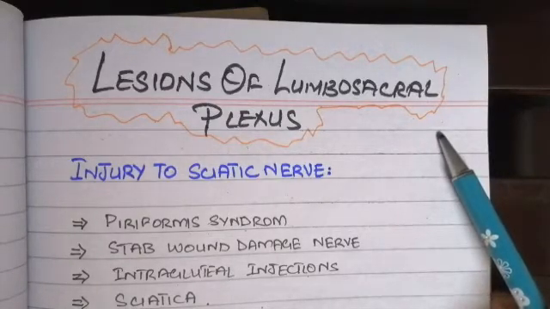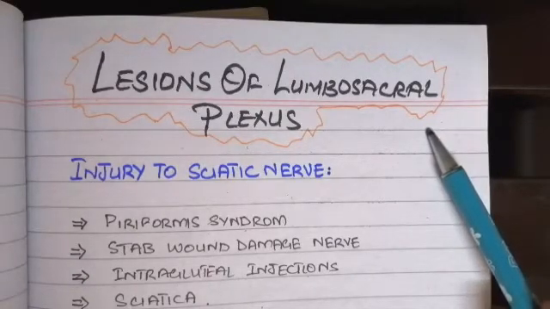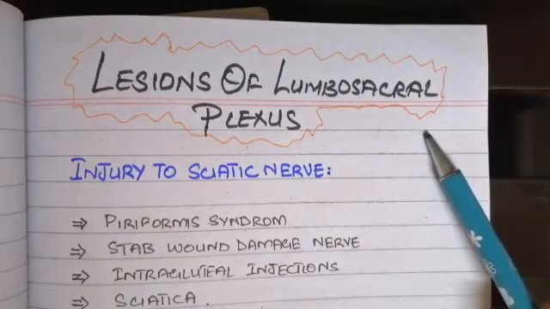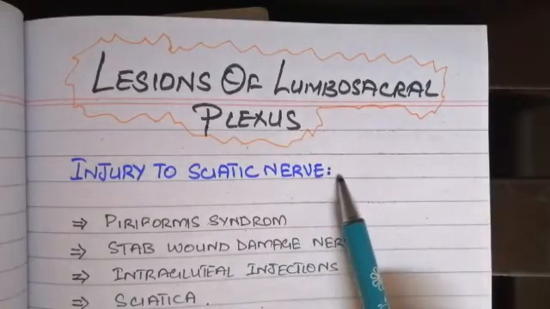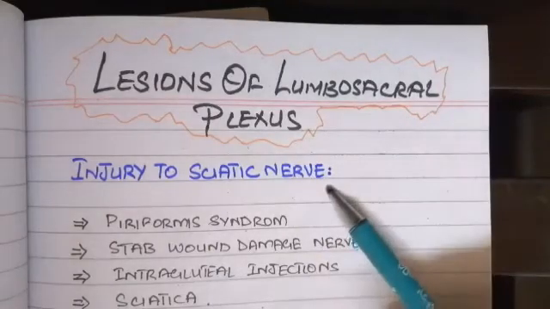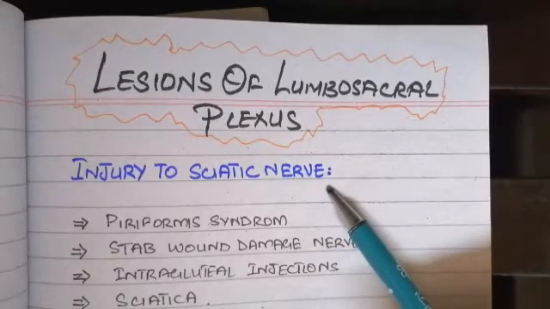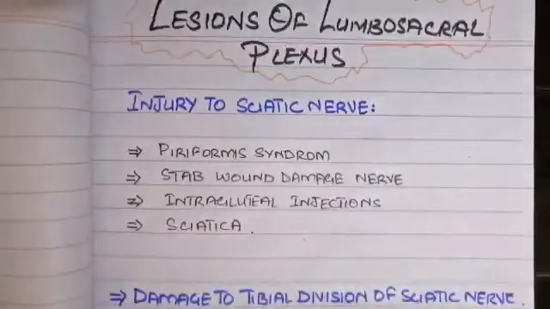So here we are going to discuss the lesions of the lumbosacral plexus: what happens if any of the nerves gets damaged, and what happens after damage to the nerve that supplies a specific muscle of the lower limb. The main nerve, the sciatic nerve, is most vulnerable to injury in the lumbosacral plexus. This sciatic nerve arises from the lumbar root from L4 till S3. You can see that from the whole lumbar plexus this sciatic nerve arises, and it has two branches. The anterior rami will give the tibial division, while the posterior rami will give the common fibular nerve division. Now, let's discuss the course of the sciatic nerve, from where it passes.